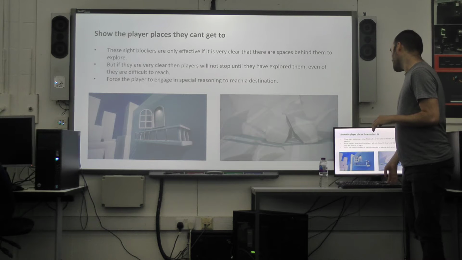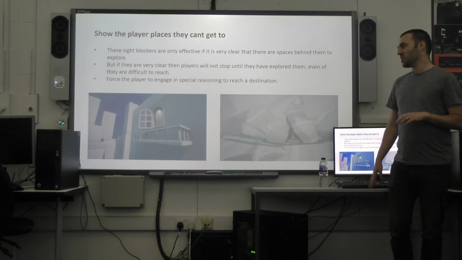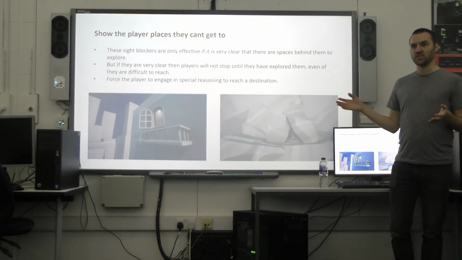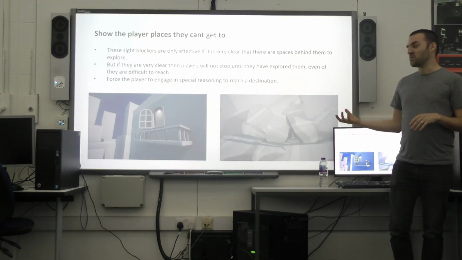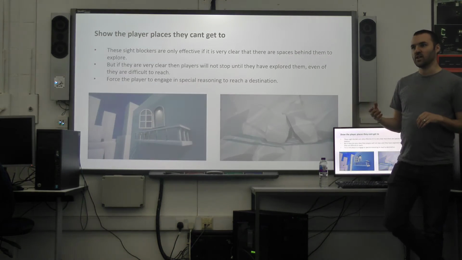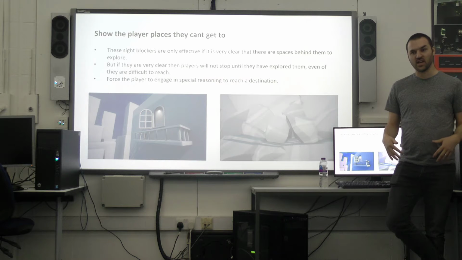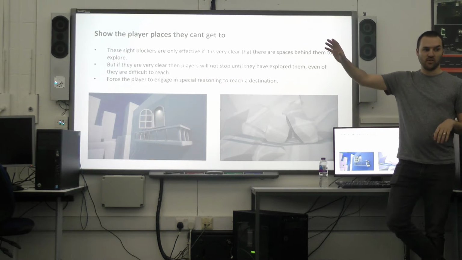Show the player things that they can't get to. So this is kind of like, you have to use this very carefully, because if you show players things that they can't get to and they legitimately will never get to them, but they look exciting, that'll just frustrate people. But if you understand that rule, you make a level and then you play it as a player, not as the person that designed it, and you see an opportunity for an area that looks really enticing, like an open window and a balcony, then